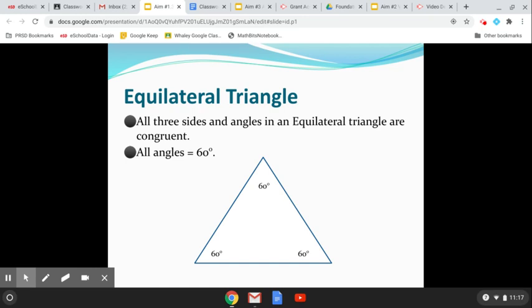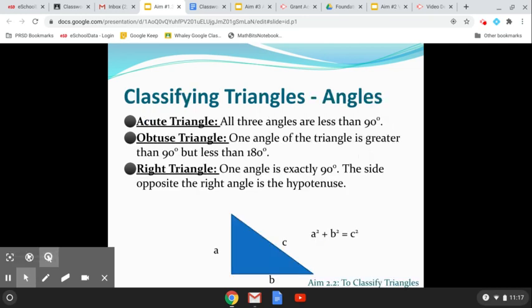All right. Now, I know we've talked a lot about the angles, but really, I would say that I classified all these triangles based on their sides. If you want to classify triangles by their angles, we would call the angles these three different things. An acute triangle, that's a triangle where all the angles, all the interior angles, the angles on the inside are less than 90 degrees. So maybe something like